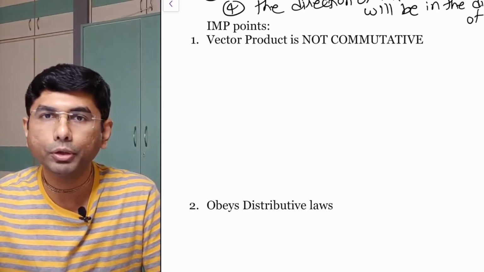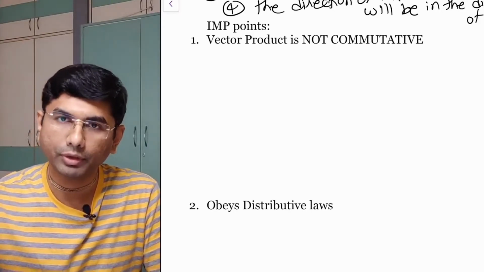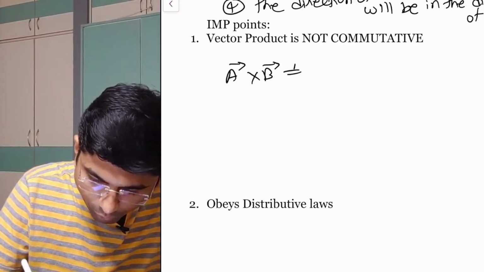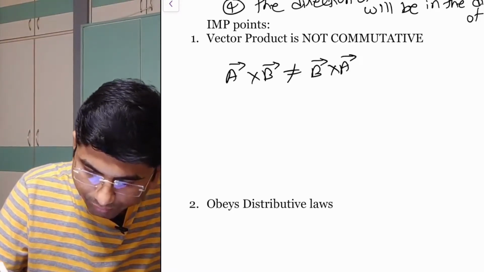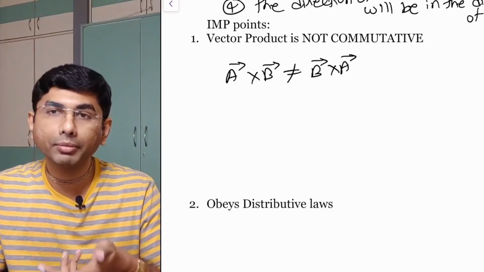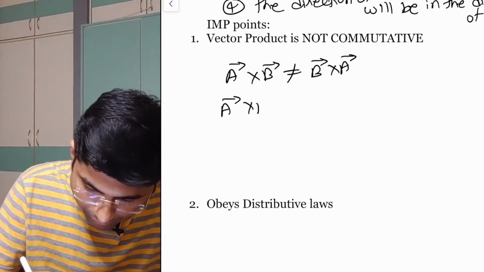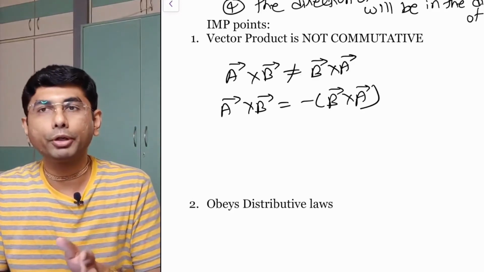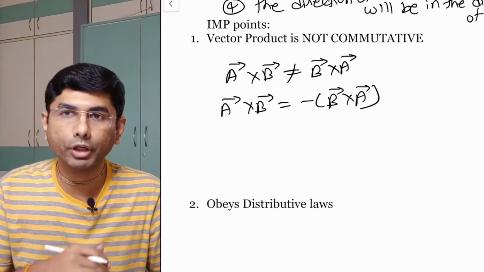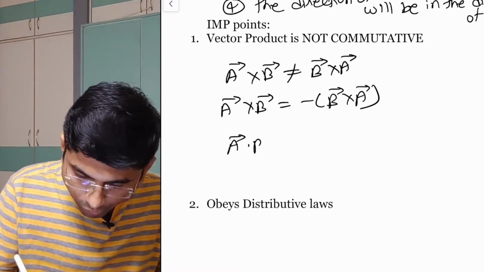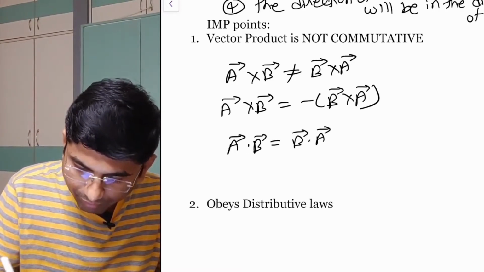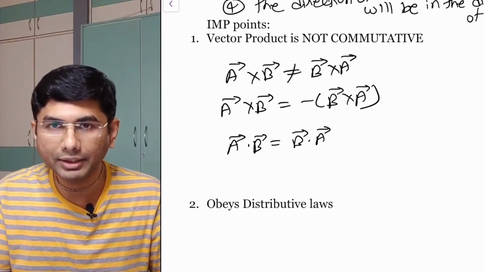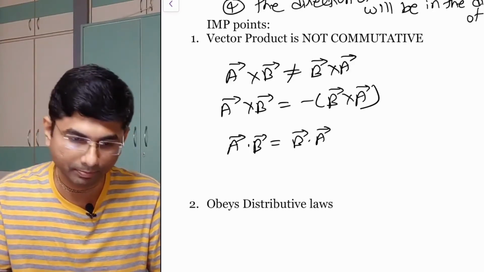Okay, these are some important points to be noted. The vector product is not commutative. So what we have done is the same thing. What is the meaning of that? A vector cross B vector will not be equal to B cross A vector. Just now we have seen that because both of them have different directions, I can write like this: A cross B can be written as minus of B cross A. The commutative law is actually applicable for the dot product. For the dot product we can write like this: A vector dot B vector can be written as B vector dot A vector. That's possible for the scalar product. But when it comes to the vector product, the magnitude is the same but the direction is changing. That's why these two vectors are not the same vectors.